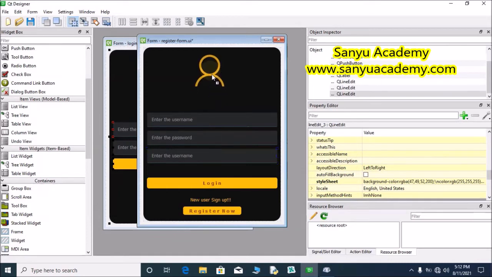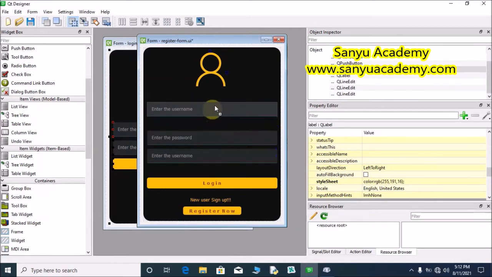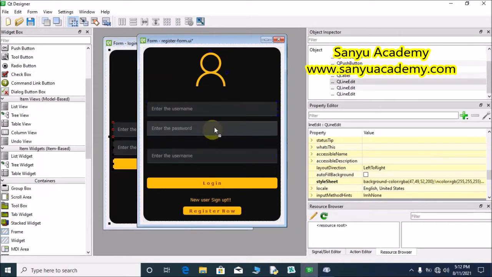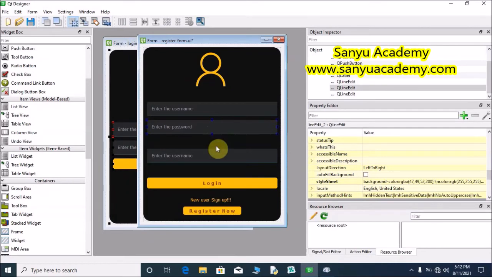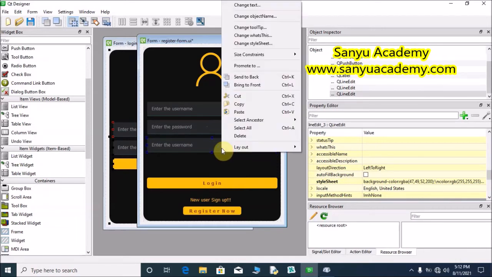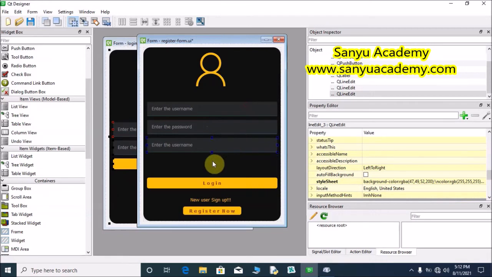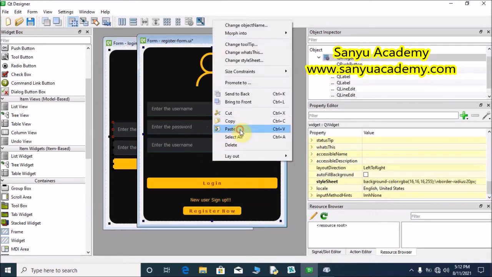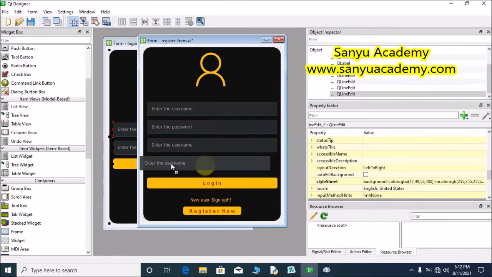Adjust this logo to the top a little bit. Keep the username and make the password next. Email ID and phone number. We are going to get the phone number also. Copy and paste. Username, password, email ID and phone number.